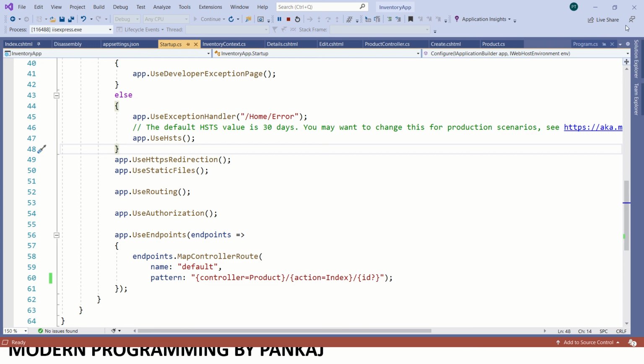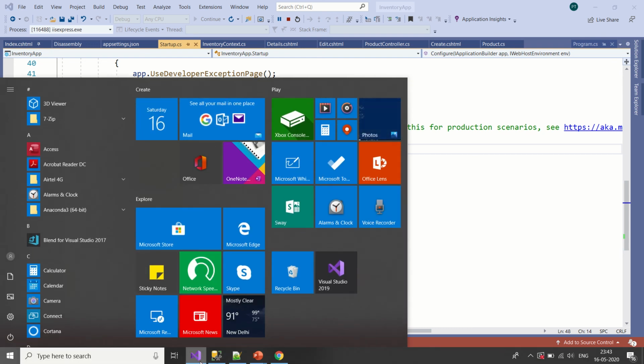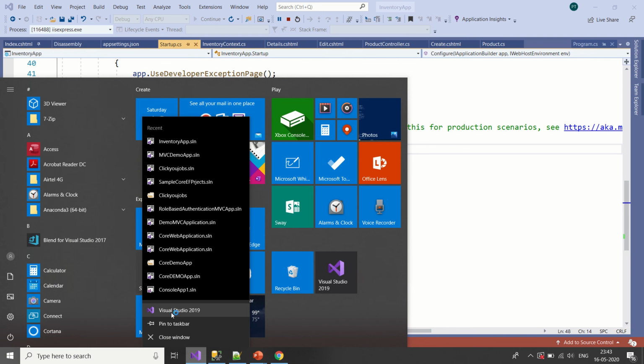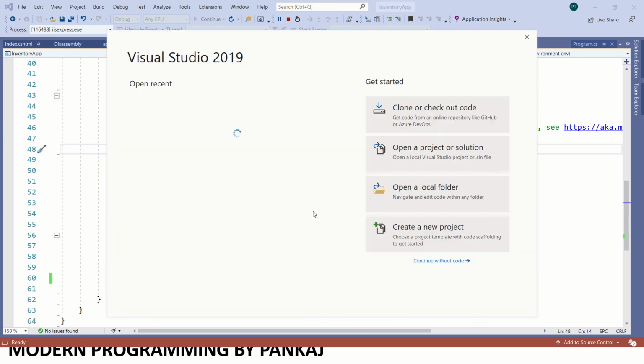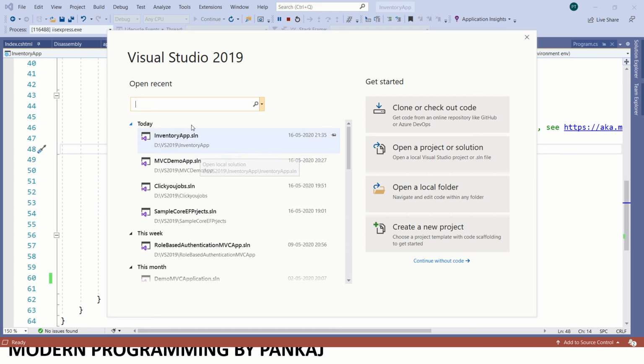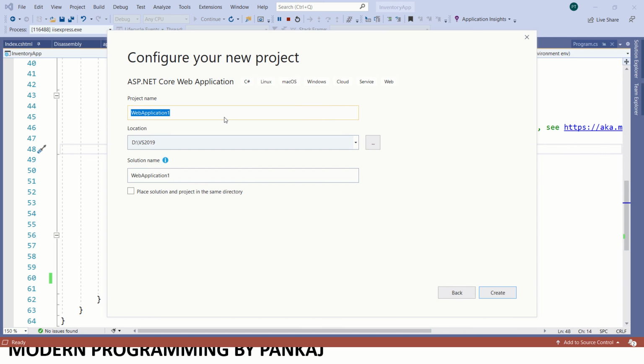I will open a new instance of Visual Studio and create the project step by step. First we need to create a new project. Click on new project, select ASP.NET Core Web Application and click on next, and then give a meaningful name.